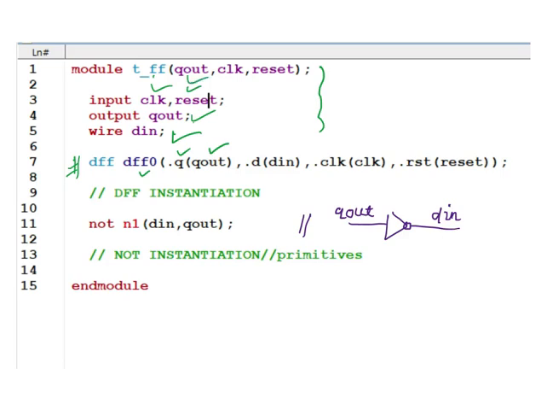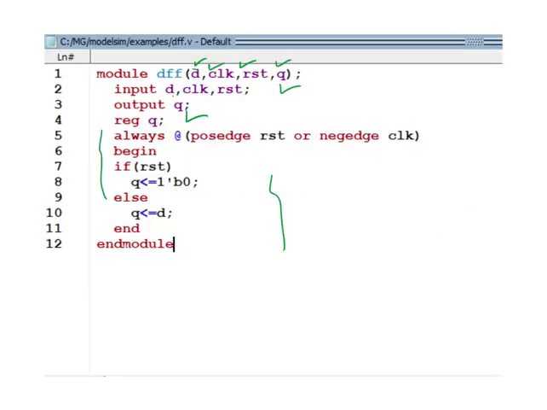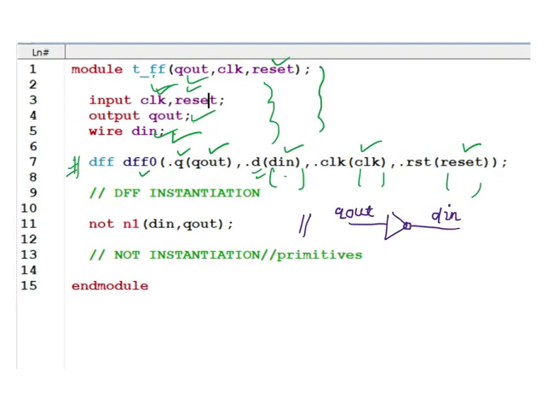So whatever is written inside the parenthesis has to be from this module and not from the D flip-flop. Inside part, see, clock, reset: this reset has to be from this T flip-flop module. This clock has to be from this module, then D in has to be from this module, and the dot part has to be from the module that we are instantiating. So we are instantiating a D flip-flop, so that port has to be from this module only. See, D, clock, reset and Q. You have to remember this during the instantiation.